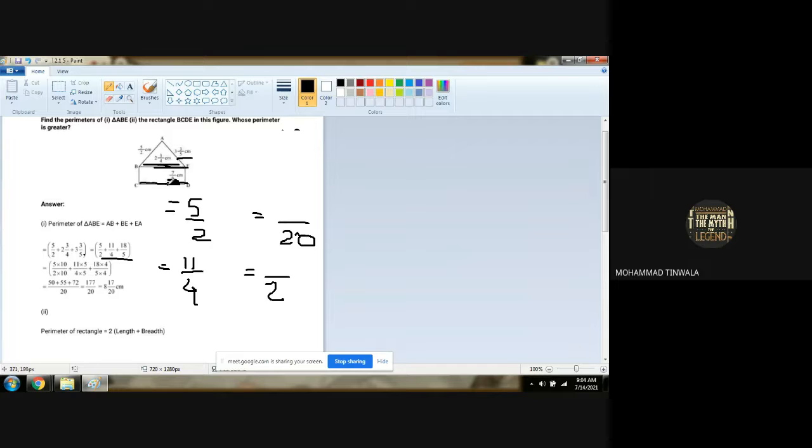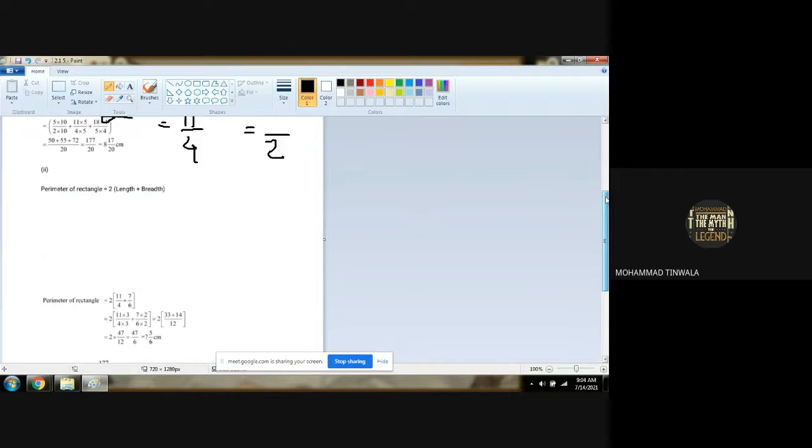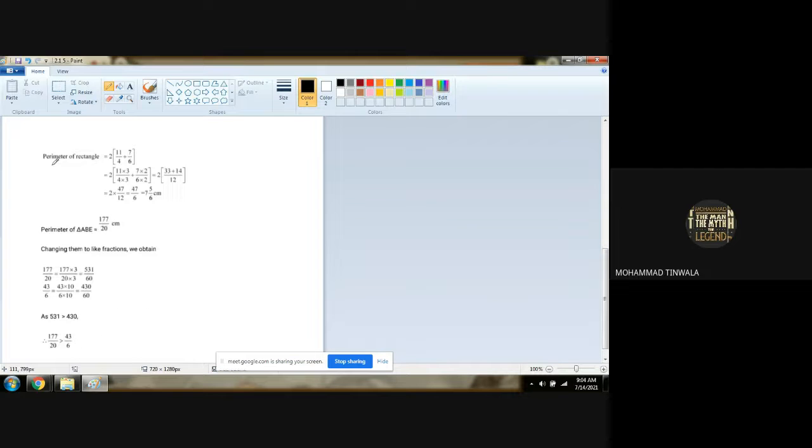Two opposite sides of a length will be equal. Breadth will be equal to its opposite side. So if 7/6 is here, 7/6 will be here also. If 2 integer 3/4 is here, 2 integer 3/4 will be here also. So what we have to do is make 2 integer 3/4 into fraction form, which is already done. It is 11/4. So we will directly take the perimeter of the rectangle as 2 into (11/4 plus 7/6).